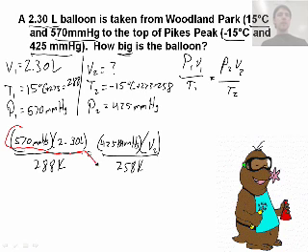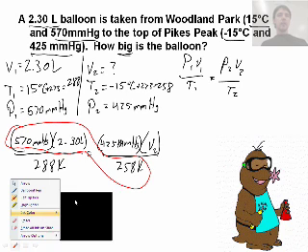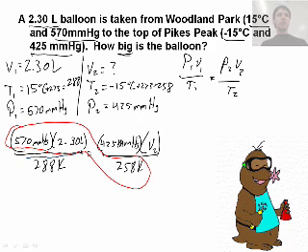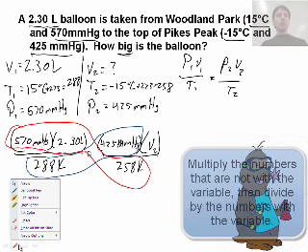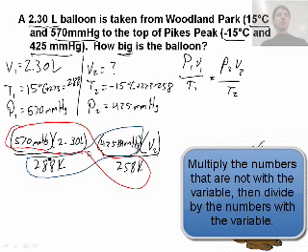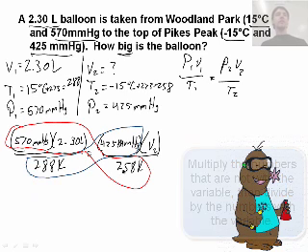We're going to multiply these things together, okay? And then we're going to divide the other two. So the ones that are with the variable, we divide. The ones that are not with the variable, we multiply. Okay, so again, multiply everything in red here because there's no variable with the 572.3 or 258, and then we'll